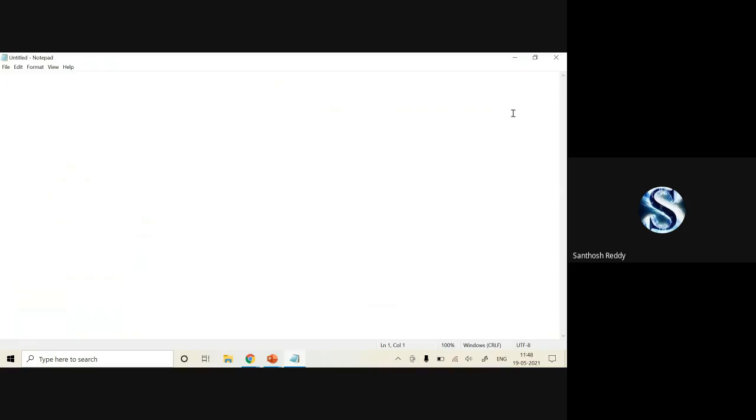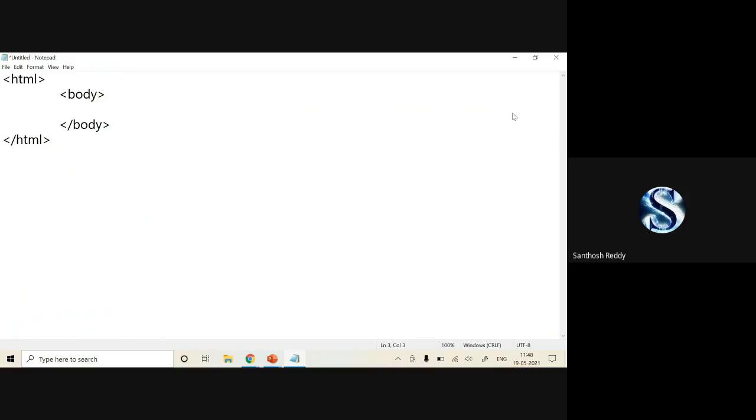First, I'll write the HTML tags. In that I'm going to make use of the title and body part directly. I'm not going to make use of the header part. In the body part, I'm going to write a script.